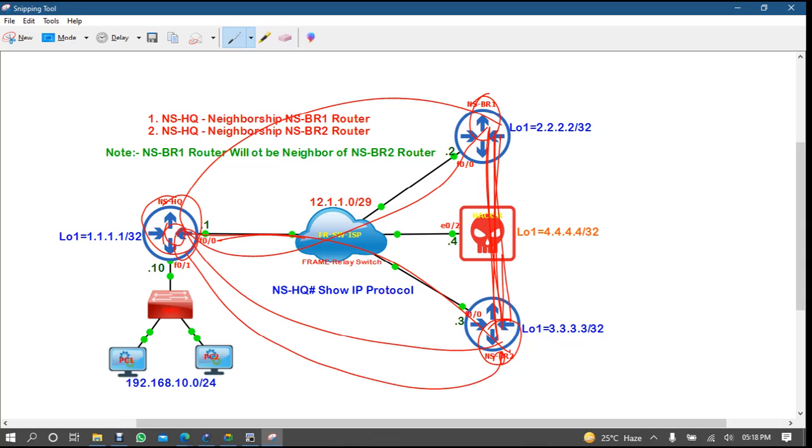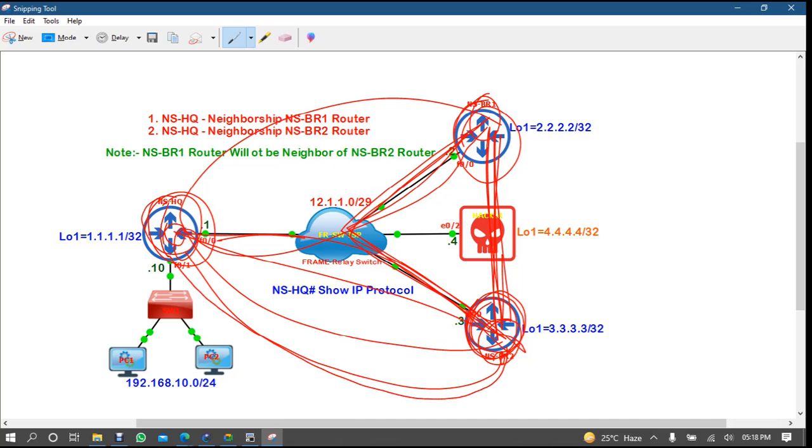Maybe, and branch to branch can communicate because they are connected with the internet, so you want them to communicate directly like this instead of going to headquarter. Maybe your branches are in Cameroon, one branch in Douala, one branch in Yaoundé, and one headquarter in the US. It doesn't mean that you go first to the US and then from the US to Yaoundé.